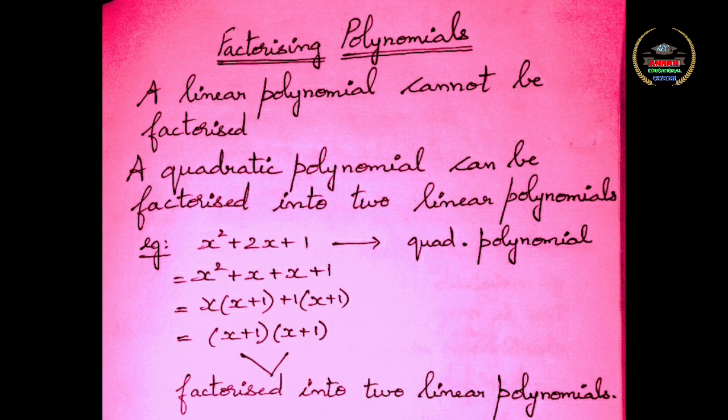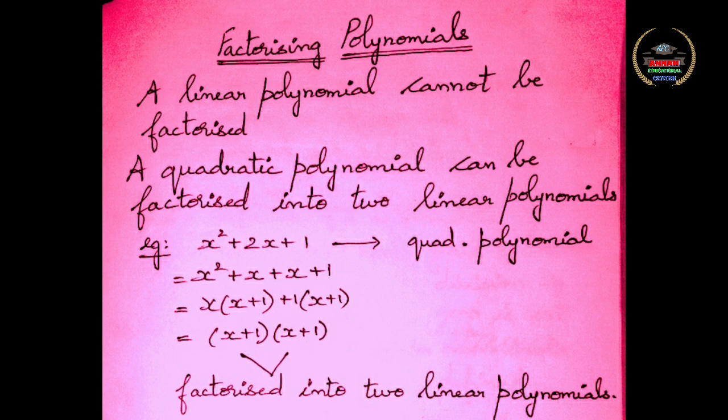In the case of polynomials, a linear polynomial is the least undivisible polynomial. A linear polynomial cannot be factorized. So a linear polynomial is something like a prime factor in the number system. Okay, so a linear polynomial cannot be factorized further. It is already the simplest form. Its highest degree is 1. Only if the power of the degree of the polynomial is more than 1, then it can be factorized to the least order.